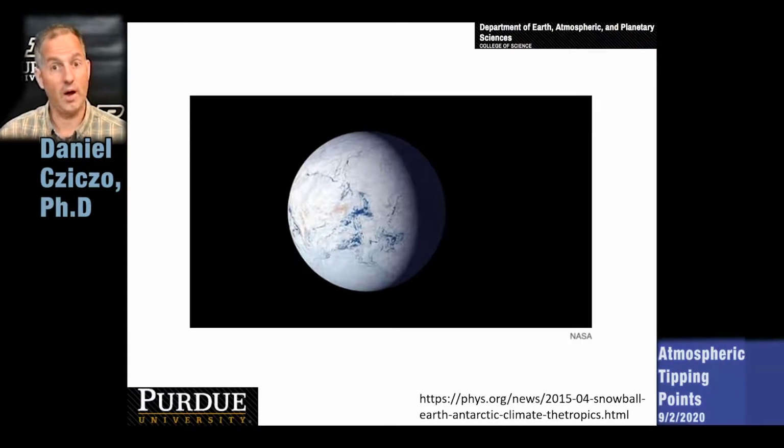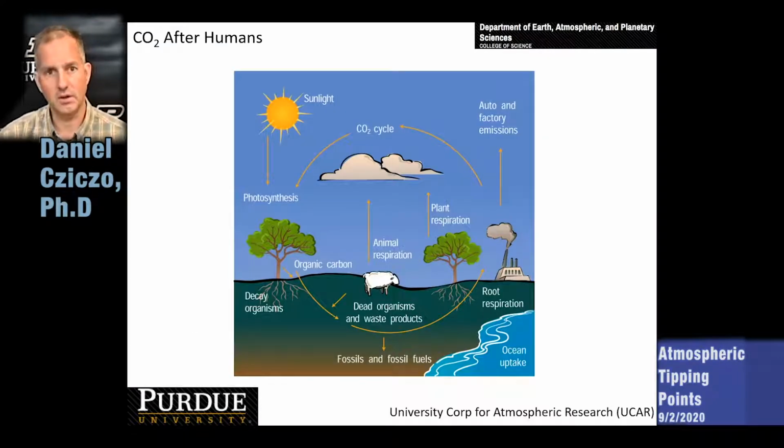You can ask yourself, well, how would we have gotten out of this? Well, over time, there would have been increased volcanic activity. CO2 would have built up in the atmosphere, and eventually it would be like putting more and more and more blankets onto somebody during the wintertime. And eventually you're able to break out of this snowball Earth, or this frozen Earth period. And that's exactly what happened, probably on at least 2 occasions in the Earth's past. Again, this is completely natural, completely normal cycles of climate in the Earth's history.